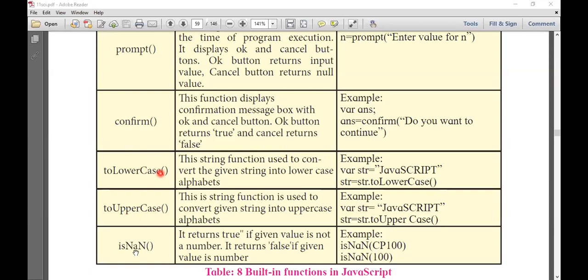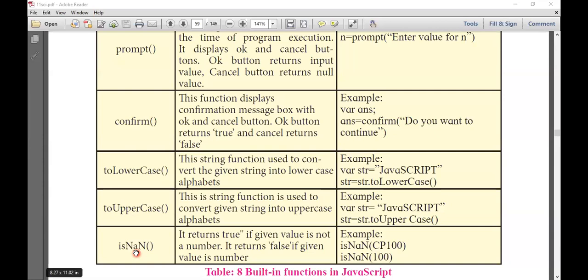Okay, the next and last function we have studied is isNaN. This function is always used to check whether the entered value is a number or not. If the entered value is a number, then this function returns false. If the value is any string, then it returns true.